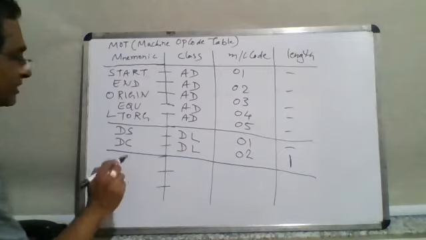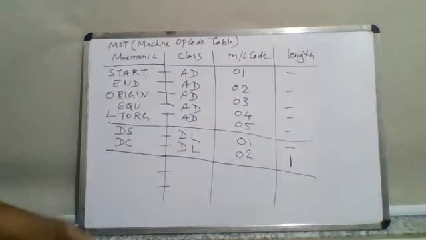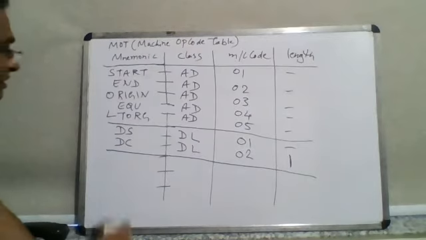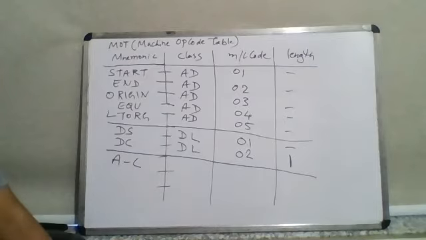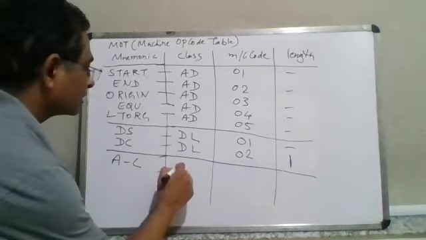Then there are various registers in the program. When we are talking of the assembler, it is always going to play with the hardware. So how many registers are there inside the system? Let's say there are 4 registers, A to C, A, B, C. I mean 3 registers. Let's say 3 registers, and not 4 registers. So what is the class for this?